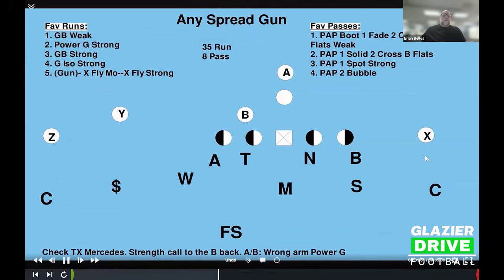And the reason for that is they like to run a lot of power G. And with that power G, that B back's going to kick out our anchor. And so we wanted that 3 technique there so that that tackle can't just go straight to the mic. All right. And I'll show some clips here, but how we want to defend this, we'll probably end up wrong